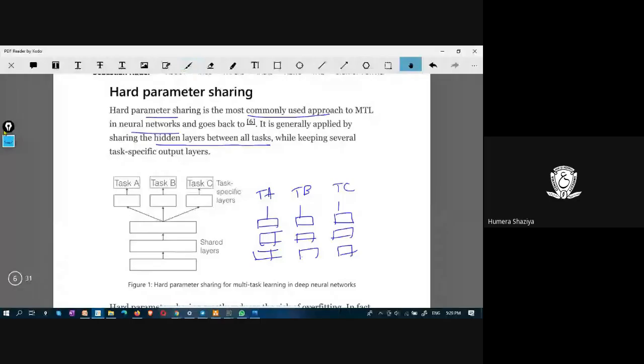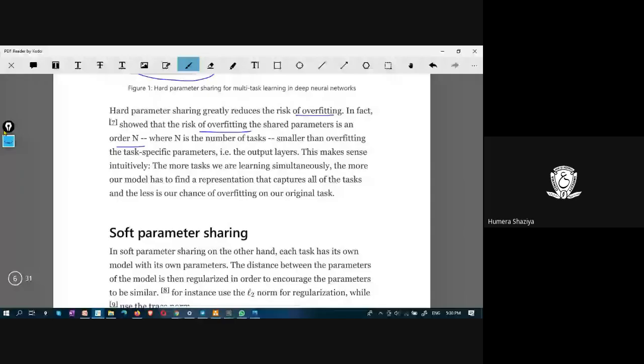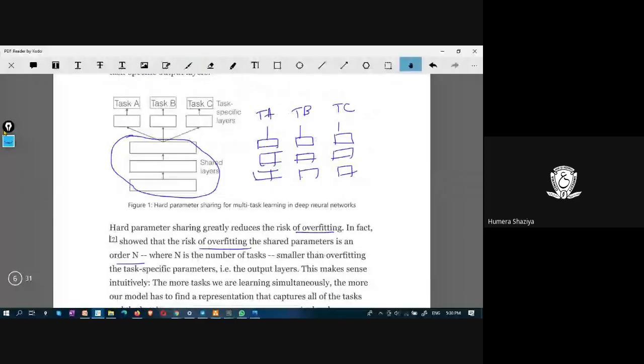However, in hard parameter sharing, there is only one set of hidden layers which are shared among all the tasks. And hard parameter sharing greatly reduces the risk of overfitting. The risk of overfitting the shared parameters is in the order of n. So the advantage of using hard parameter sharing is that it does not have an overfitting problem.